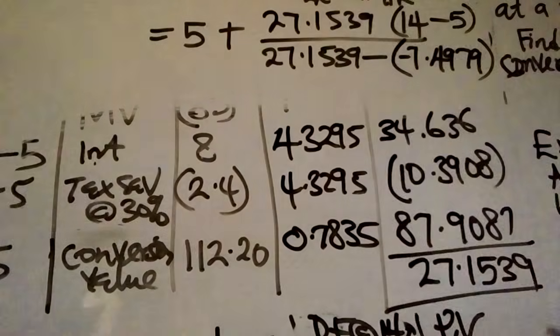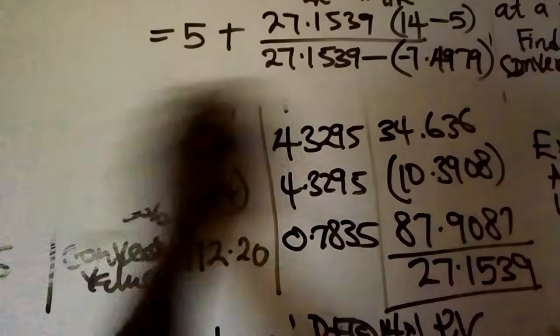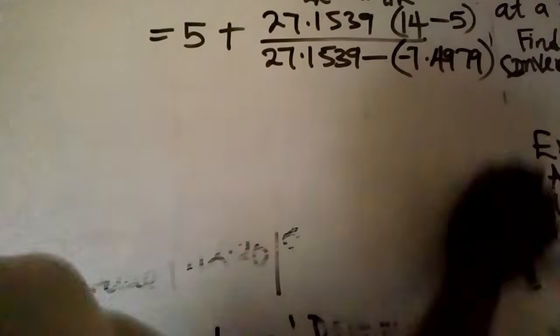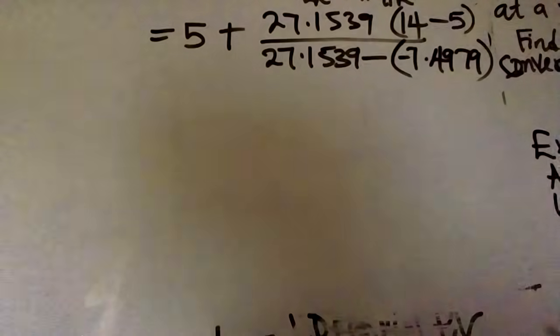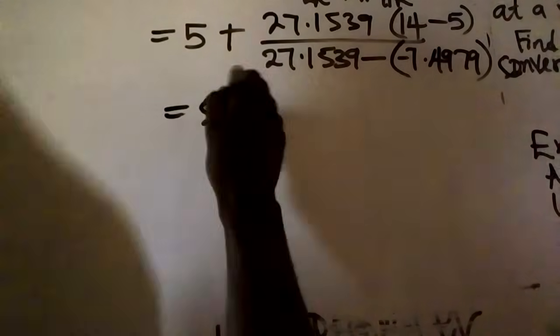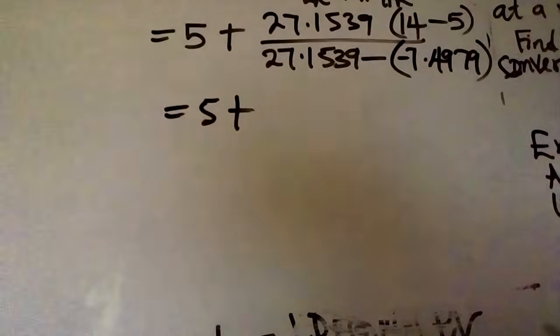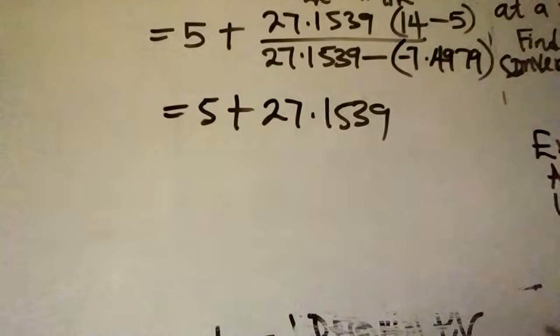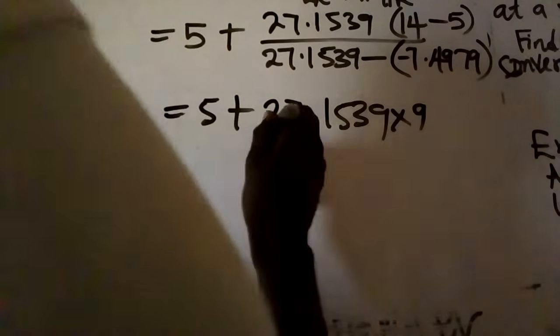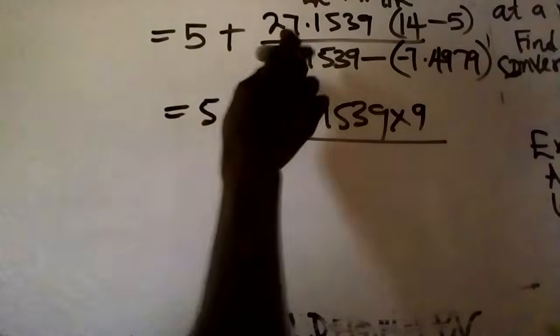So now we have 5% plus 27.1539 times 14 minus 5, that will be 9, all over